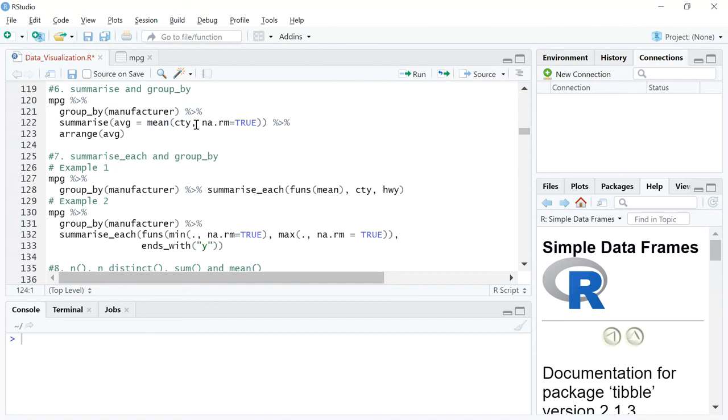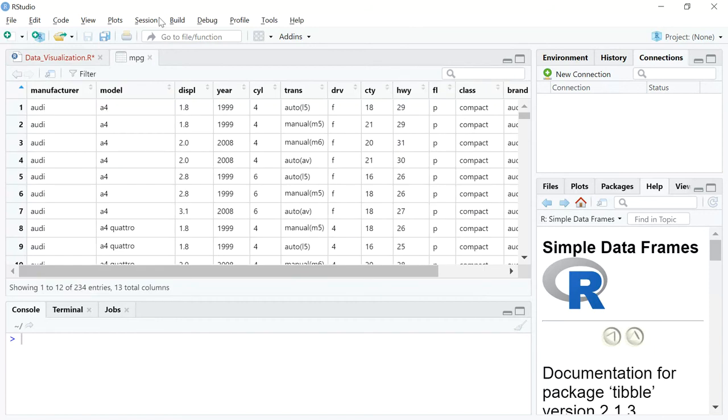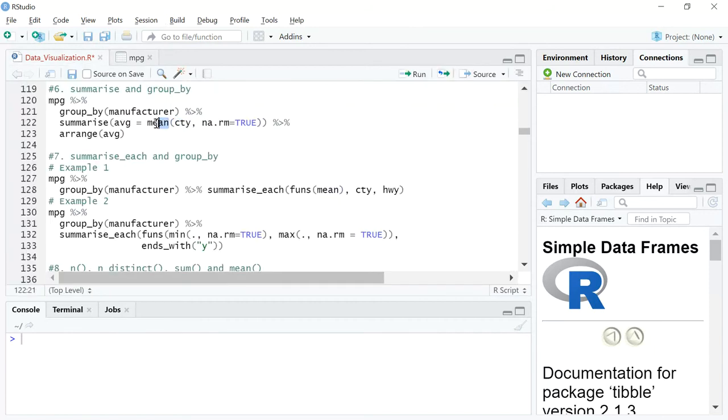So in this case, what you're doing is you're going to summarize by a variable cty, which is the city miles per gallon, a numerical variable, right? And you're going to take the mean of that variable, right? So when you want to do that, you can just specify mean, and then in the parenthesis, you can just write cty. Here, we are using a comma separator and writing the na.rm is equal to TRUE command. Now, what does this mean? This is used, let's say, if in your column you've got some null values and you want to remove them. So wherever you have a not applicable case, it is a command to go ahead and remove them. So na.rm is equal to TRUE will just remove null values, right?